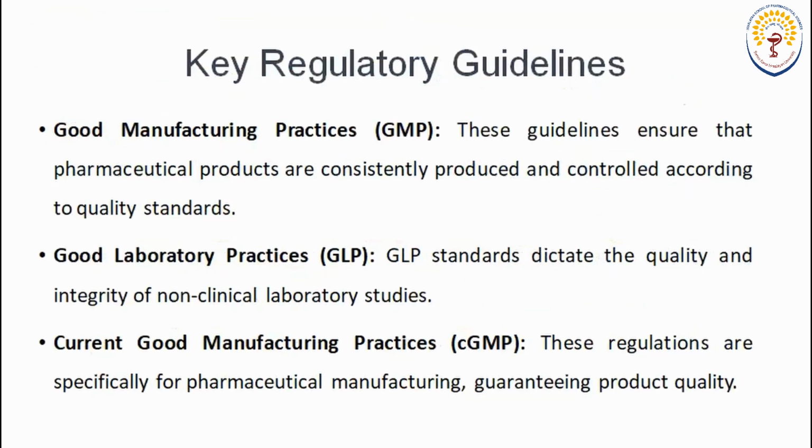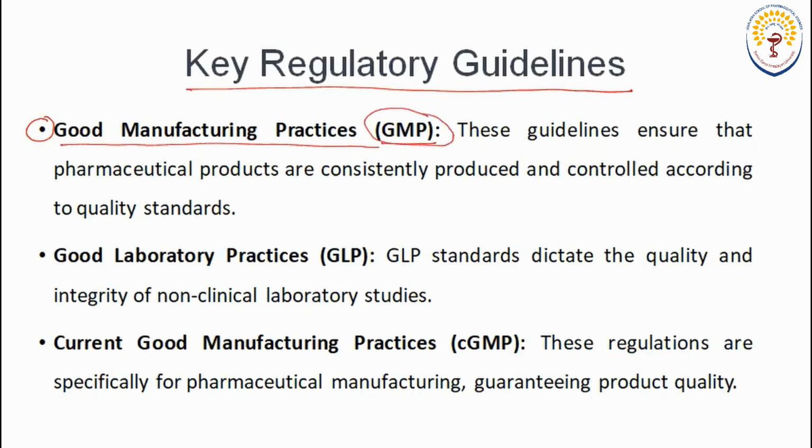So here we will discuss the key regulatory guidelines which are given by these bodies. These are the important things, and as an undergraduate student, you must know what these guidelines are. At least you must know the basic introduction of these guidelines. Now the first thing is GMP, good manufacturing practices. As the name clearly indicates, it is talking about what should be the manufacturing practices, how you should manufacture the product so that you are ensuring the three things. What are they? These are safety, efficacy,